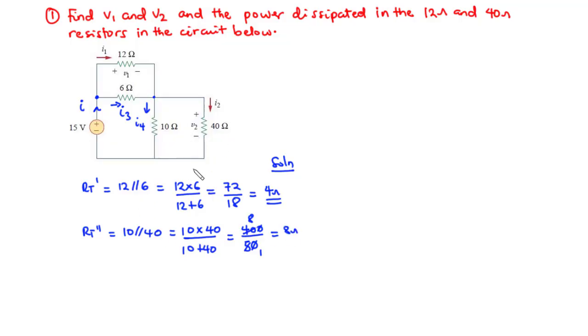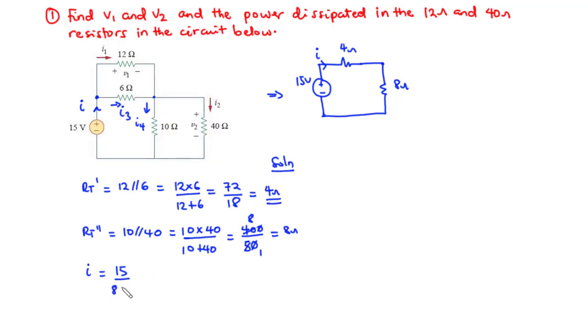Now let's try to redraw the circuit. So we are going to have something like this. We have the 15 volts, and then we have the combination of these two resistors here, that is 4 ohms, which is now in series with the combination of these two, so that is 8 ohms. So you realize that the two resistors are connected in series because you have the same value of current I flowing through them. So we have I, which is the total current, to be 15 divided by 8 plus 4,